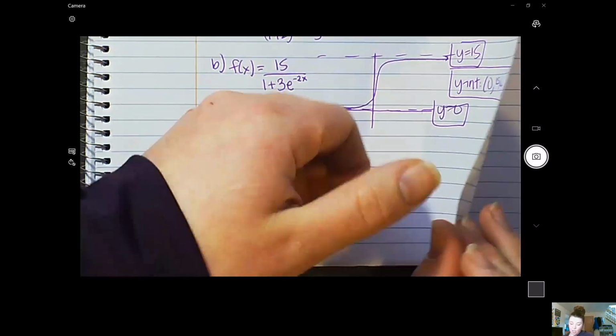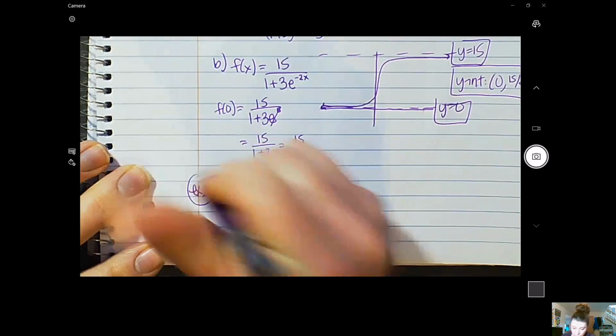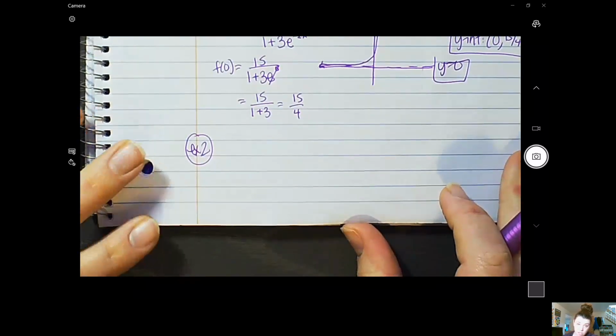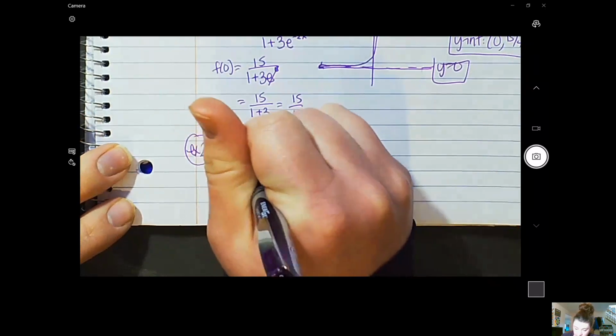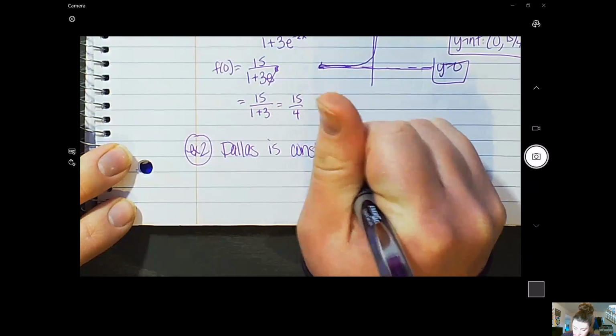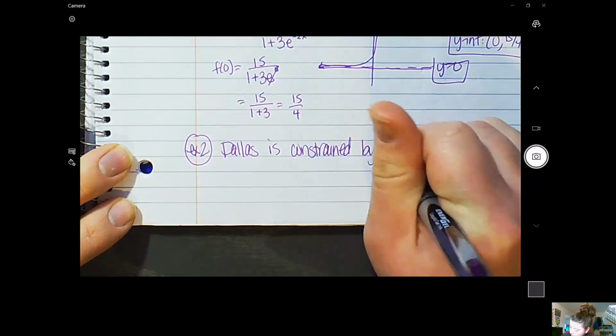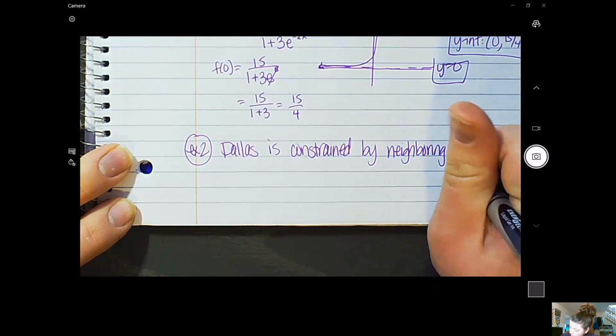Okay, so here is example 2. Actually, this one is about Dallas. Maybe that's why I came up with that. All right, Dallas is constrained by neighboring cities,